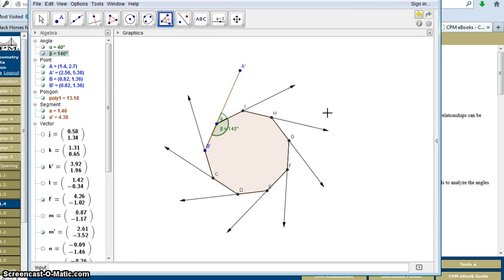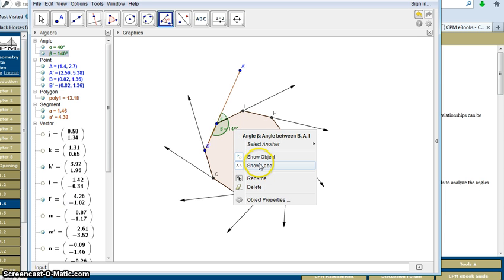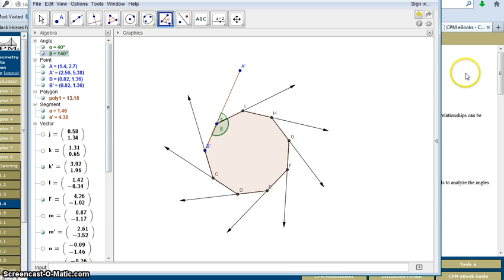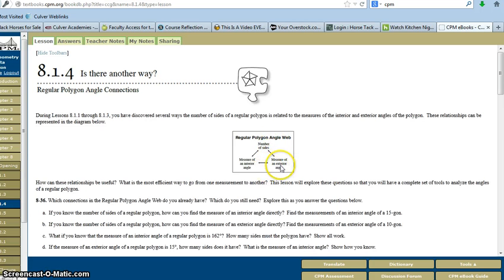These two angles, beta and alpha, are supplementary. So that's one of the things we know from this table. The measure of the interior angle has a relationship to the measure of the exterior angle, and that relationship is supplementary. We also know that the number of sides has a relationship to the measure of the interior angle, and that is given by the expression that you wrote about last week,